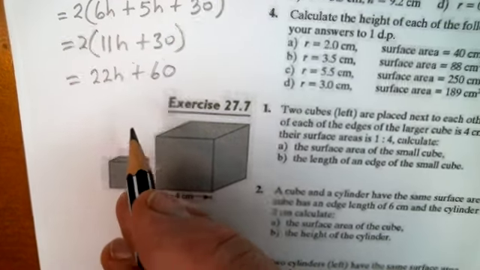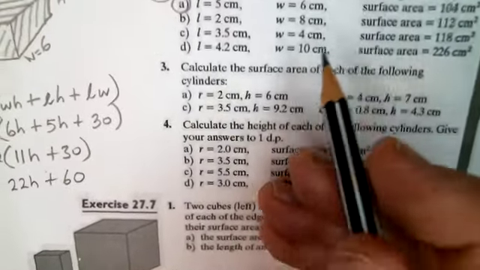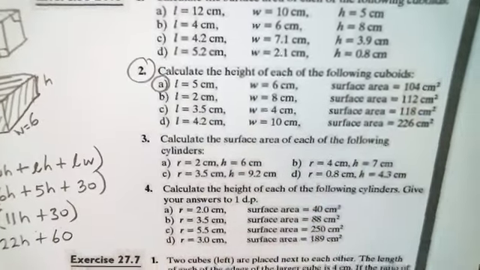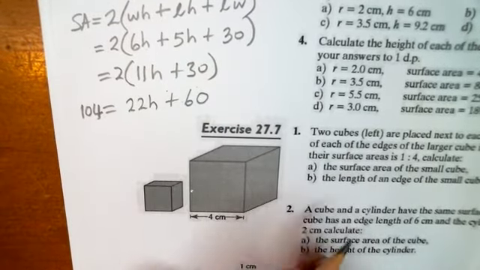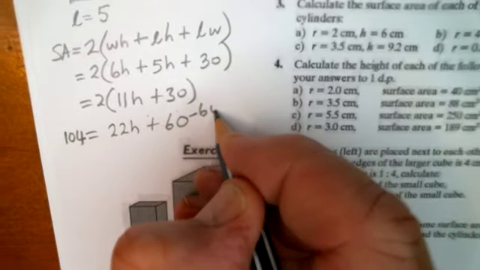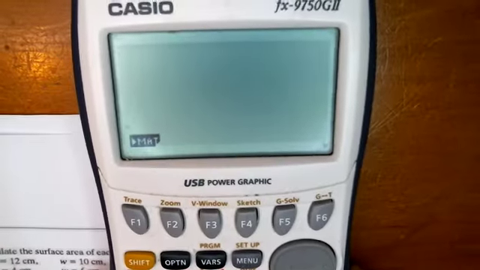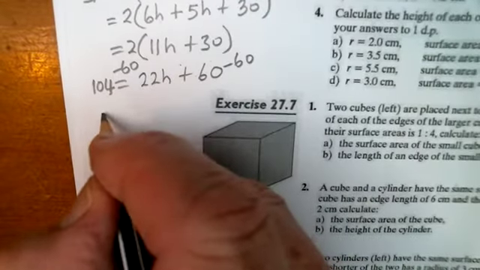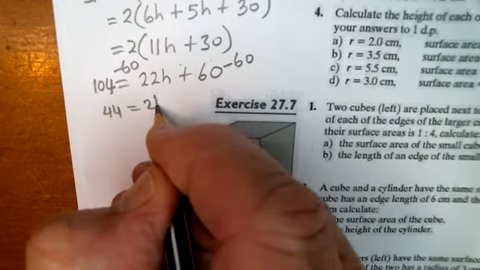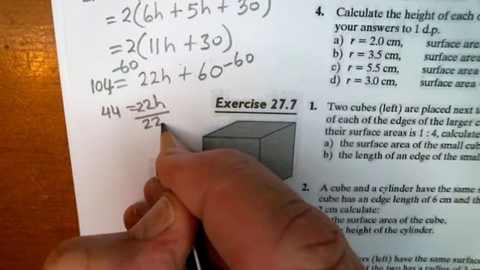So let's have a look what we've got. We've got surface area. Now in this case, we know the surface area. We've been told the surface area is 104 square centimeters. So I've got 104 square centimeters. So I'm actually going to subtract 60 from both sides. Just to do it on the calculator, 104 minus 60 is 44. So I've got 44 is equal to 22h. So if I divide both sides by 22,